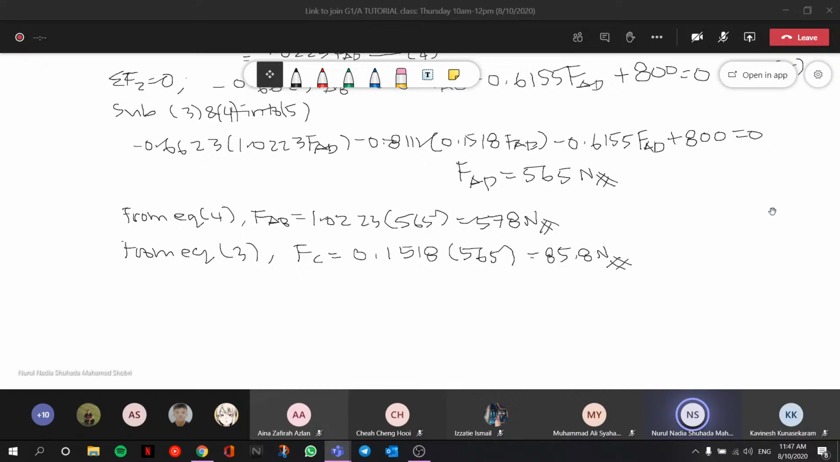FAD equal to 565 Newton, FAB equal to 578 Newton, and FAC equal to 5.8 Newton. Okay. It's kind of lengthy, but you guys can review it later because I wrote this at the whiteboard, so you guys can go to the whiteboard and see the questions again. And actually we have 12 minutes left, but actually we have another question